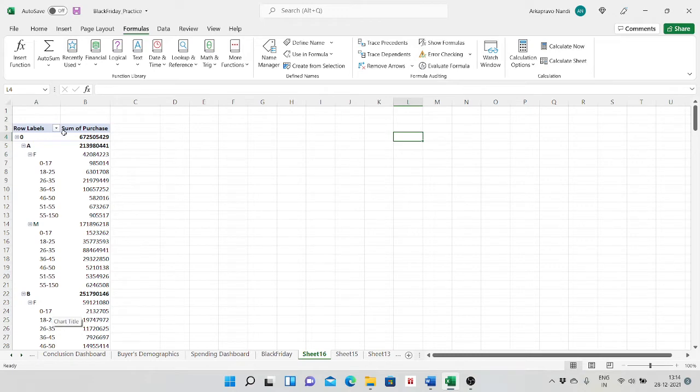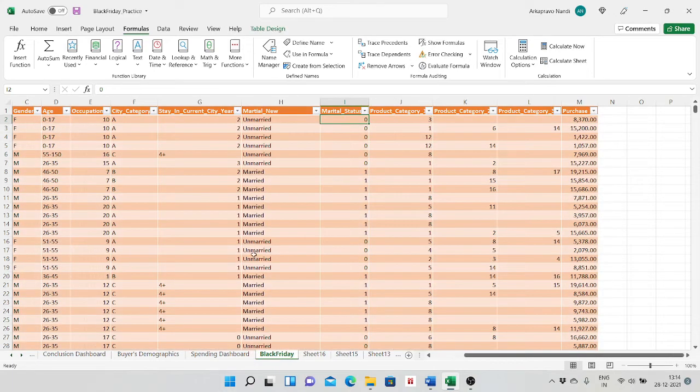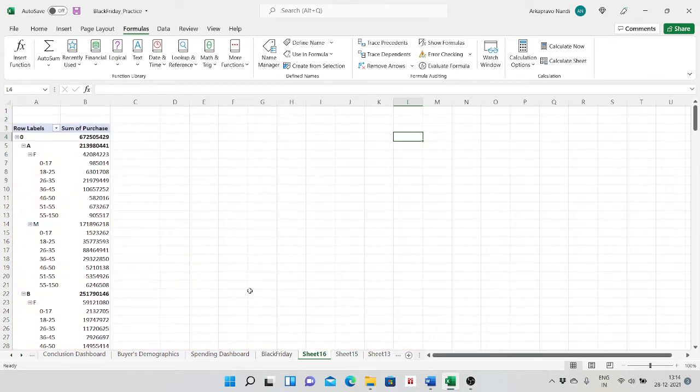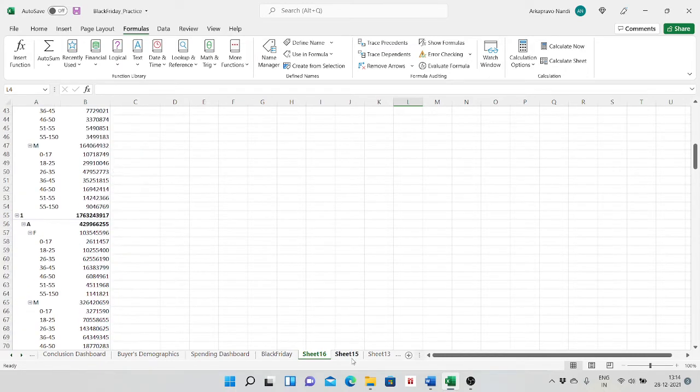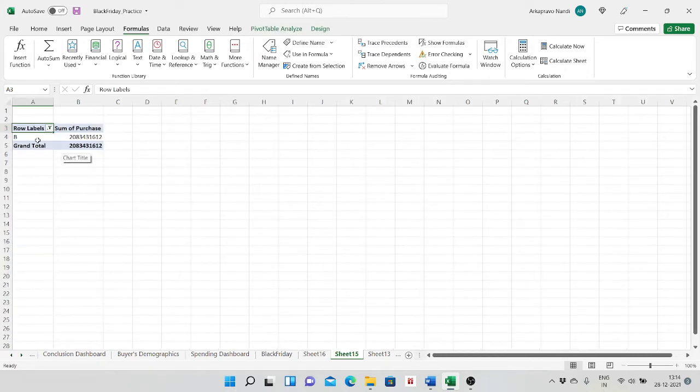I don't need the whole dataset for the design of the dashboard; I need only some part of the dataset. For that reason, we use pivot tables. Similarly, here I have used some part of the dataset, where I have taken only the people living in city B and their total sum of purchase during Black Friday.